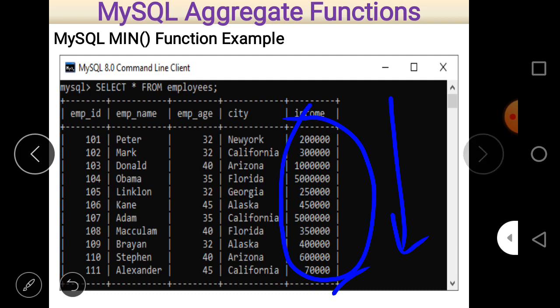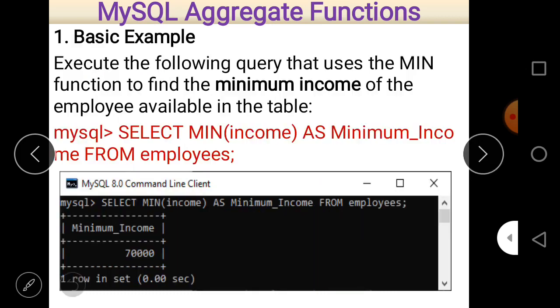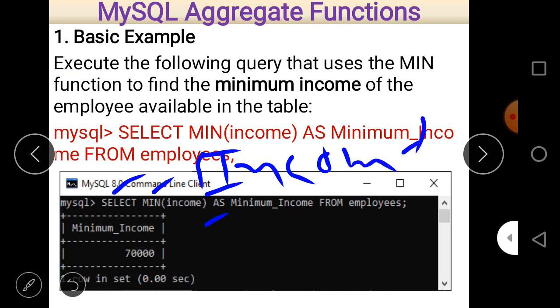But for this you have to write, first of all, select and the name of the function min, and since you have to find out the minimum income, just write the name of the column income. You can easily see that income here, and then as gives you an alternative name, minimum income, so it is an alternative name. Basically it works as a column name. When you show the output here, you can easily see that